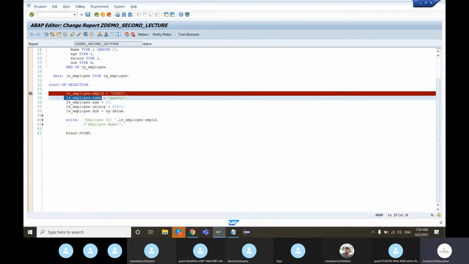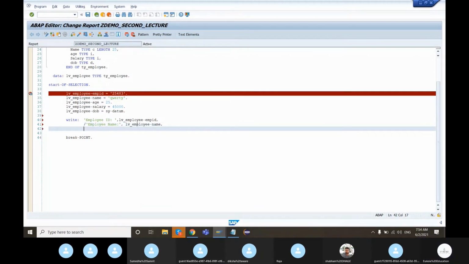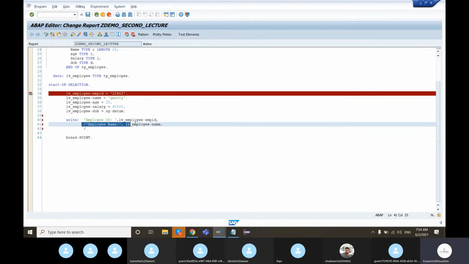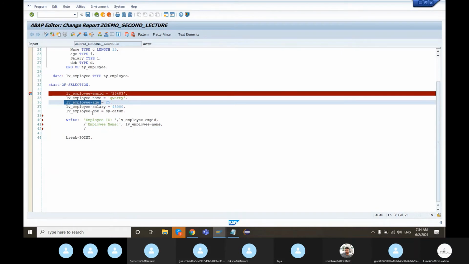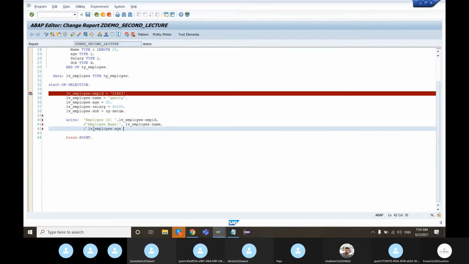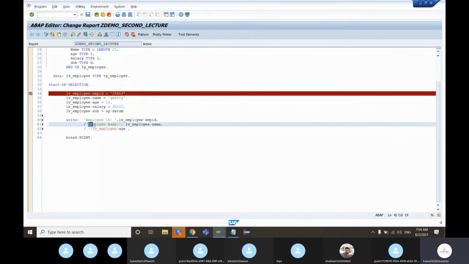Copy paste, won't waste time typing all this. Again, a forward slash. So ID will be printed on the first line. The next line is going to print out the name. The next line is going to print out the age. Copy paste.